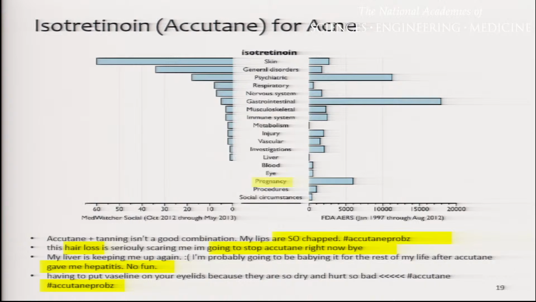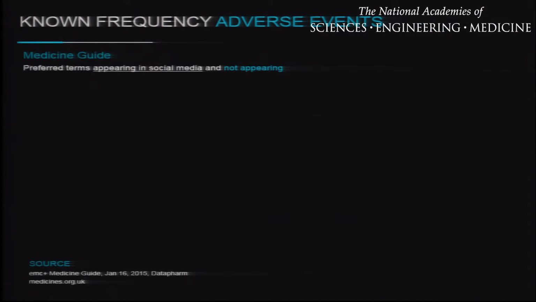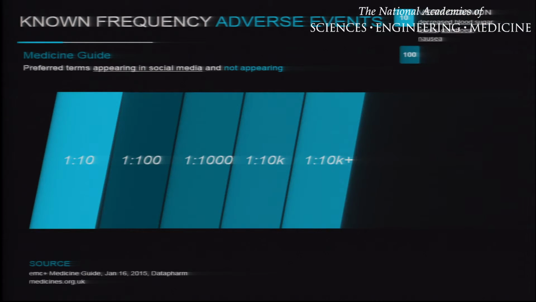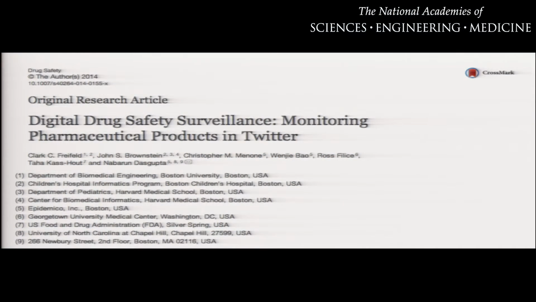These aren't insignificant events. They might be less severe, but they're still important for understanding the product on the market. And what's also interesting is that many people wonder whether the events that get reported are just the more common outcomes, say, those on the label. What we found is, in fact, that many of the outcomes, even the super rare, unexpected ones, do come through some of these channels. And of course, we're identifying many events that are not necessarily disclosed in the label as well. This is in a paper in Drug Safety that we published last year, where you can get more of the details.